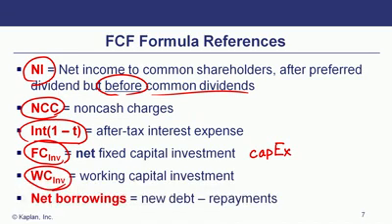And my net borrowings basically are any new debt minus any debt repayments. Keep in mind, why am I going to need this? Because technically, and this happens all the time, if interest rates are really low and their yields are really low, a company can raise debt and pay dividends to the equity holders. That then becomes cash flow available to the equity holder. So net borrowings, when you raise debt, that is still cash available to the equity holders. So we'll see in a second, we'll need this to be able to add it back to free cash flow to equity.